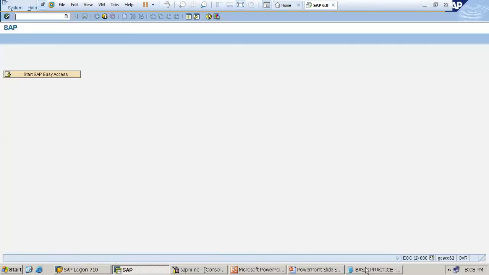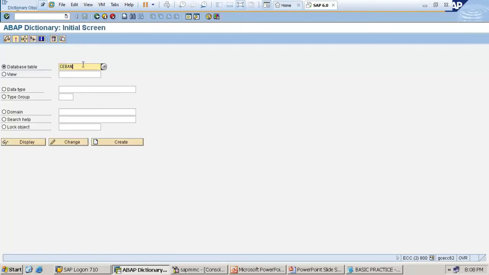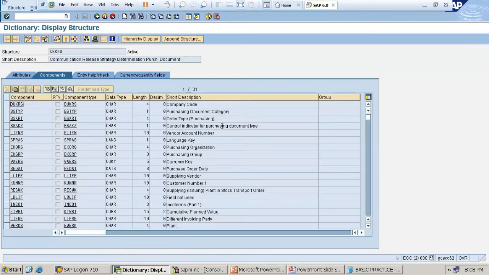Here, SC11. Then instead of CBAN, CEKKO, display. Then you can find whatever fields are here.